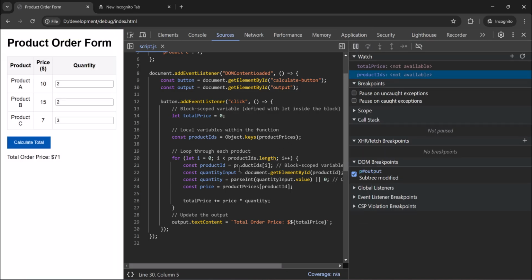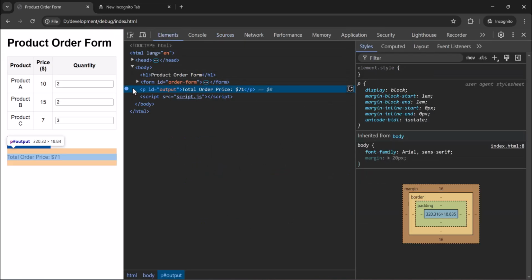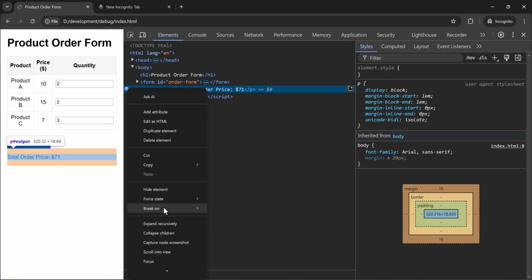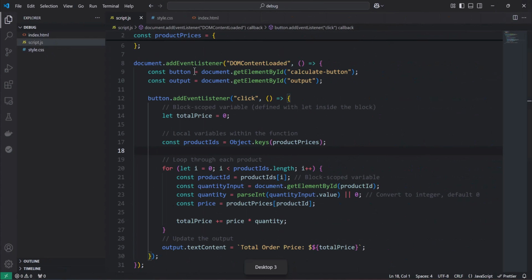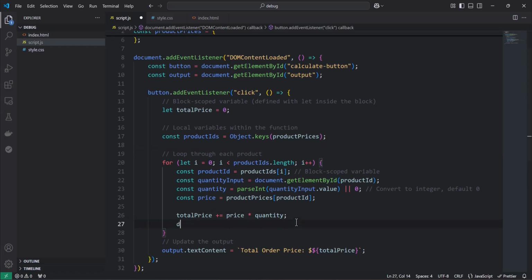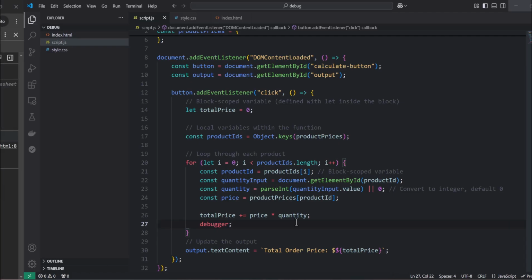Now let's remove this DOM breakpoint that we have, and let's add a breakpoint in our code. Previously, we were only adding log information from our code, but there is another breakpoint that you can add to your code, and that is basically calling the debugger. So if you just write debugger in your code and go to the page,